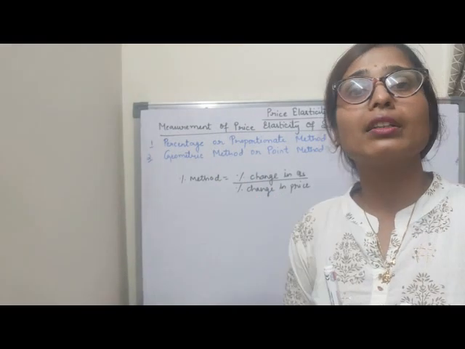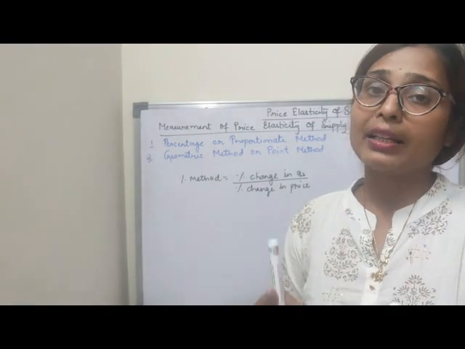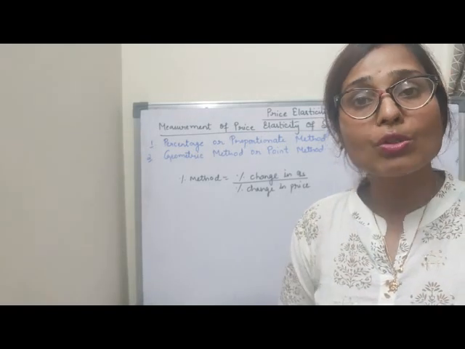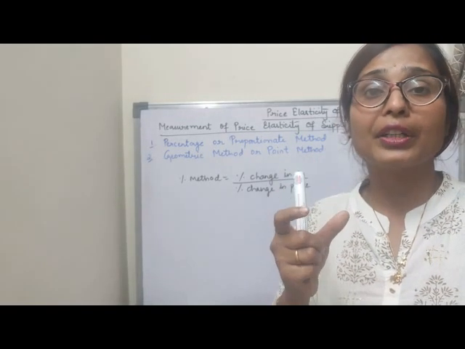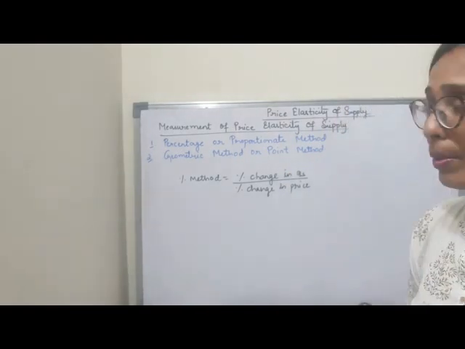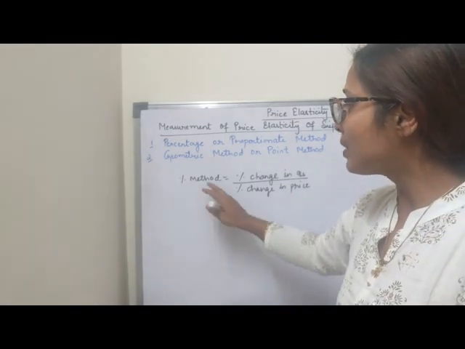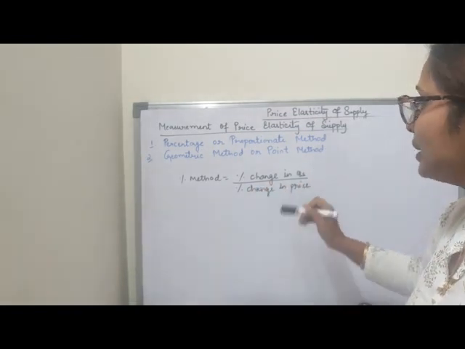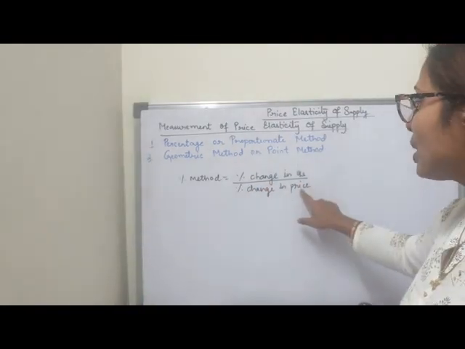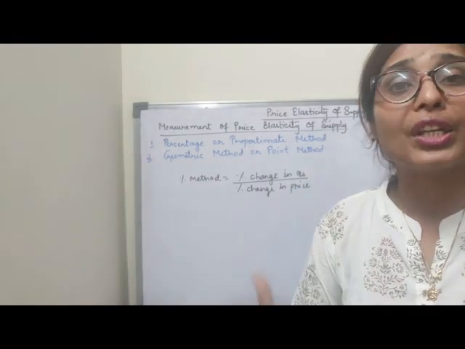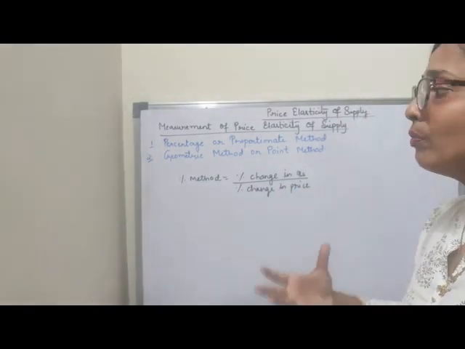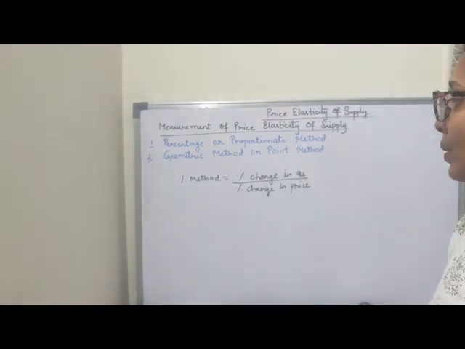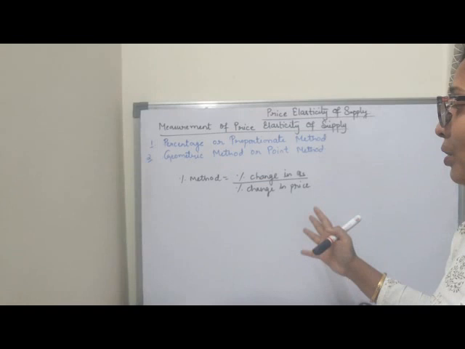The percentage method is the most popular method while calculating the price elasticity of supply. This method helps us to give the accurate value of the price elasticity of supply. So generally the formula for the percentage method is equal to percentage change in quantity supplied divided by percentage change in price. That means due to change in the price, how much quantity supply changes, that we will find out with the help of the price elasticity of supply. Now with the help of numericals, we will understand more clearly.